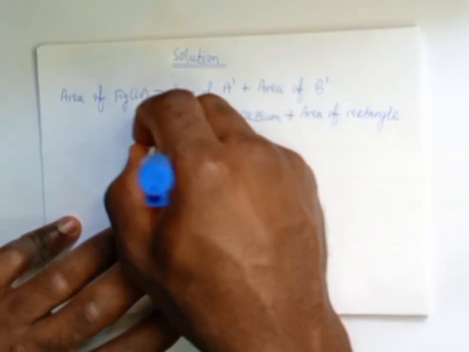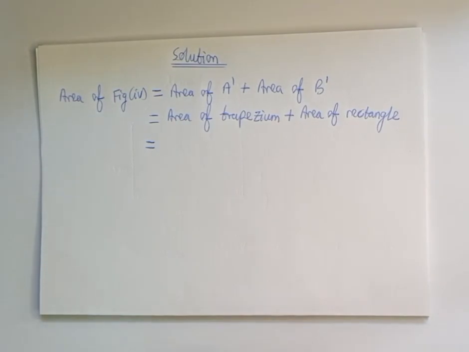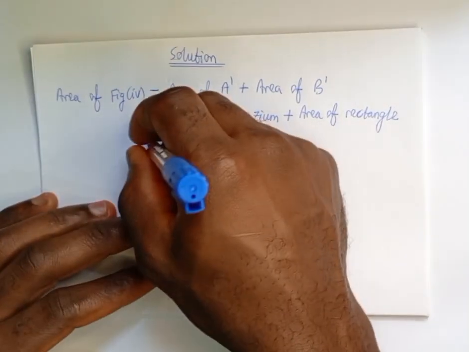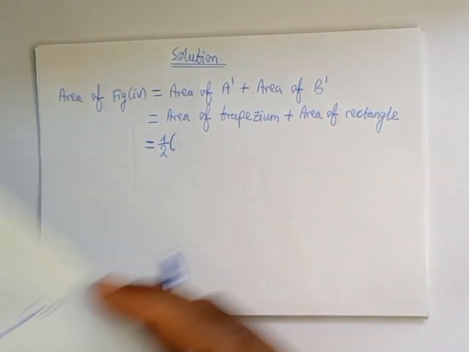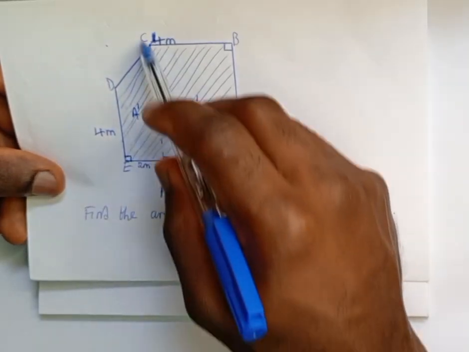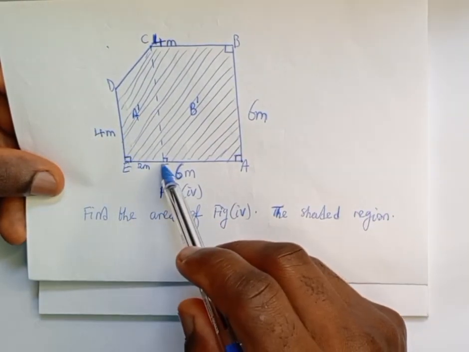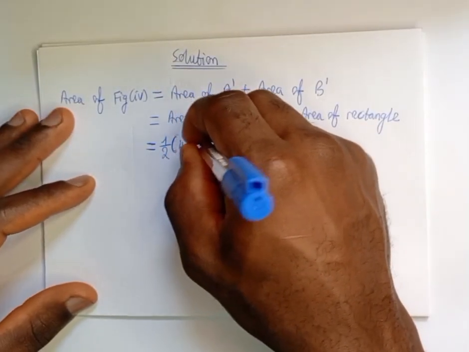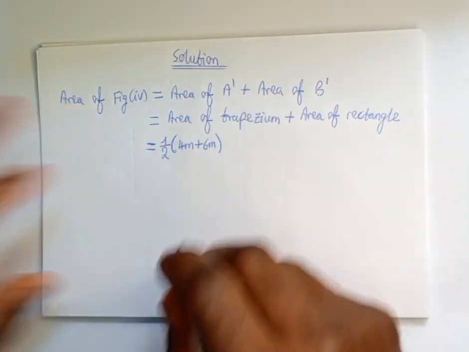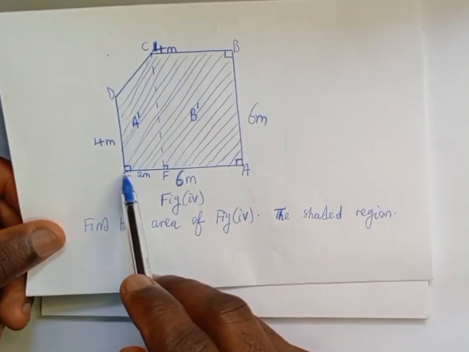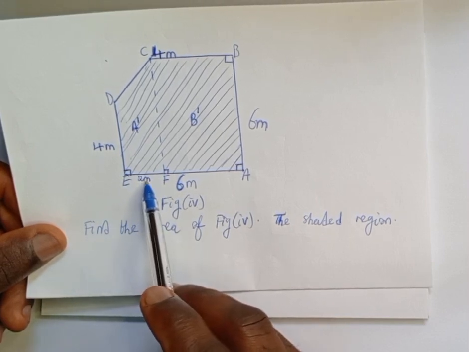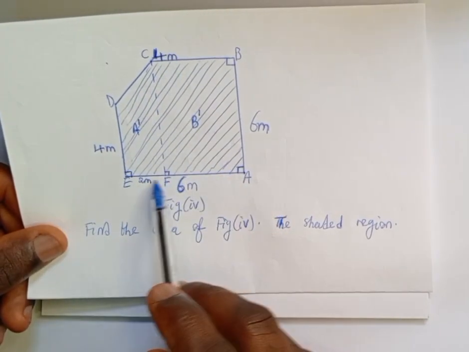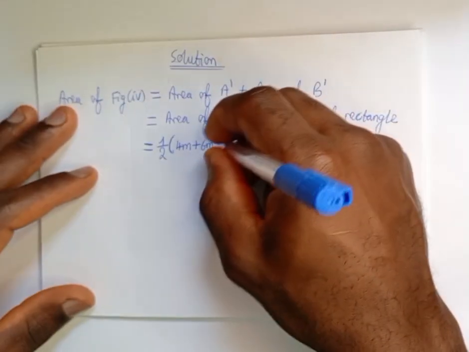And this will simply be equal to the area of a trapezium, which is simply given by a half sum of the parallel sides. These are the parallel sides, this and this. 4 meters plus FC is 6 meters. 4 meters plus 6 meters times the height. The height is simply EF, which is 2 meters. If you take 6 meters minus 4 meters, it gives you 2 meters times 2 meters